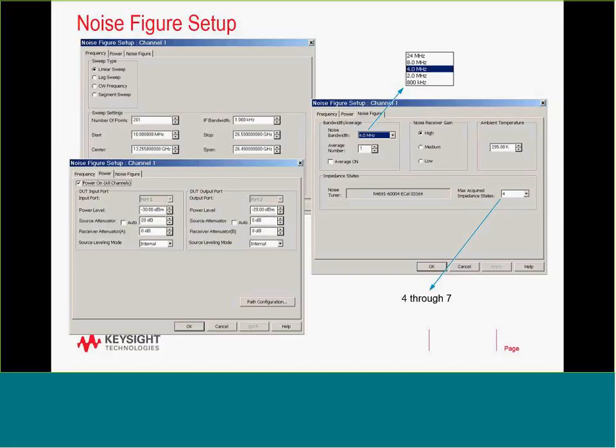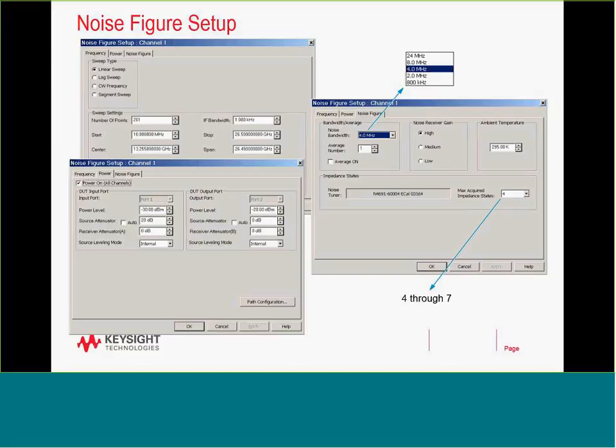The noise setup is actually very, very simple. For those of you that are familiar with the PNA-X and its different measurement classes, a dialog comes up like this for the setup. So everything can be done in one dialog where you set up the start and stop frequencies, the number of points, and the power levels to deliver to the device when you're doing S parameters. And also on the Noise Figure tab, we then have access to selecting the bandwidth you want to report the noise figure in,